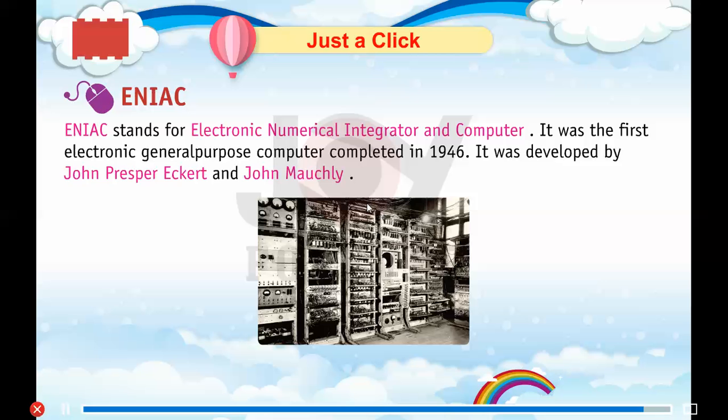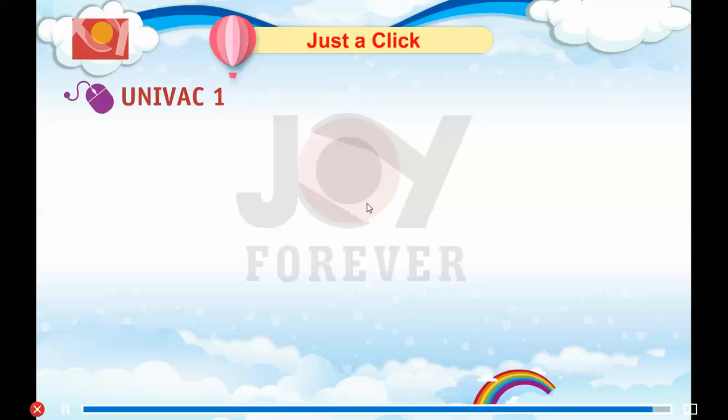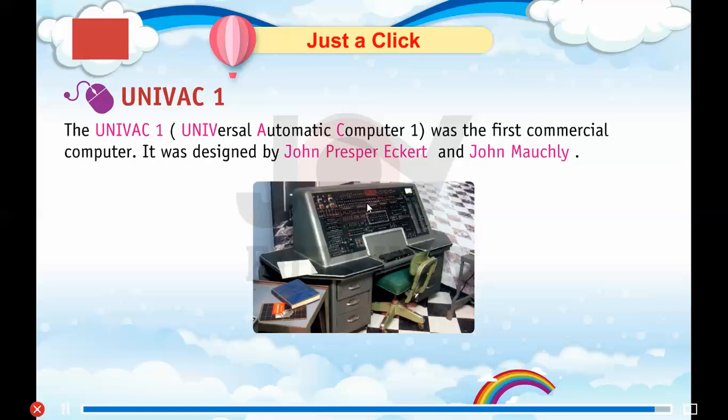It was developed by John Presper Eckert and John Mauchly. UNIVAC 1. The UNIVAC 1, Universal Automatic Computer 1, was the first commercial computer. It was designed by John Presper Eckert and John